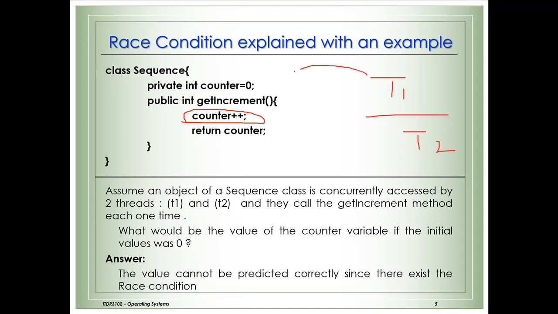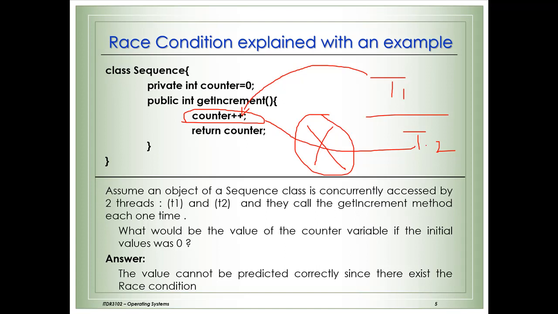When T1 is running its critical section, T2 should not be allowed. So, only one thread at a time should be allowed to enter its critical section. Very simple example, the same scenario: when T1 is running its critical section, T2 should not be allowed, T2